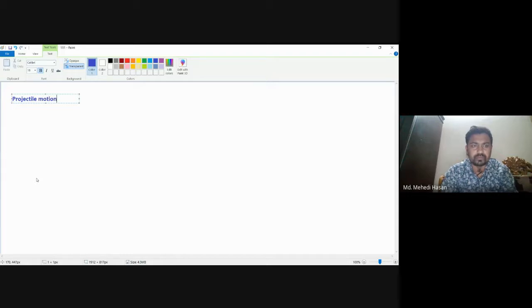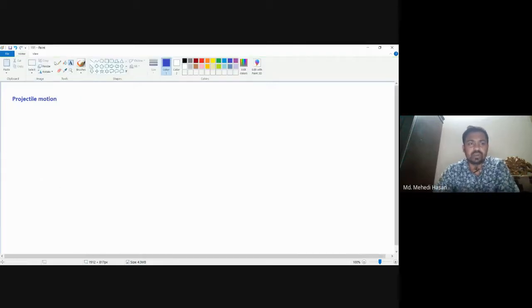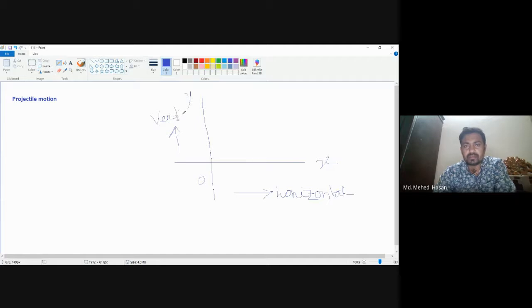Projectile motion. In case of projectile motion, the basic thing is that it's a two-dimensional motion. Two-dimensional means we have to consider x and y axes. The x axis is called the horizontal axis, and y is called the vertical axis. Horizontally, the motion depends on variable x, and vertically, the motion depends on